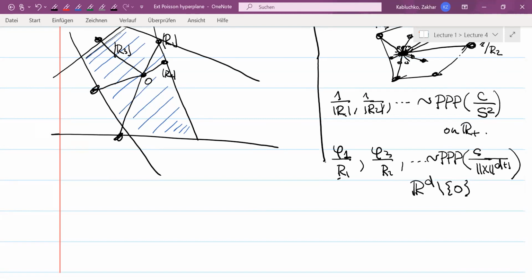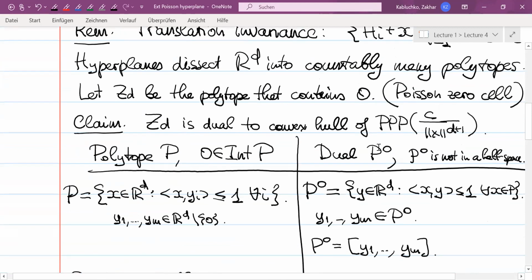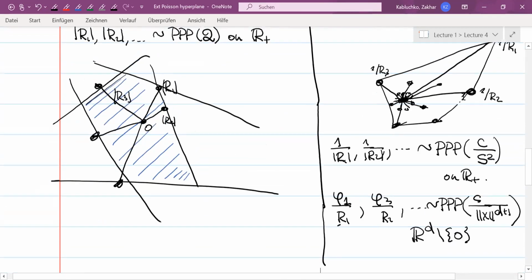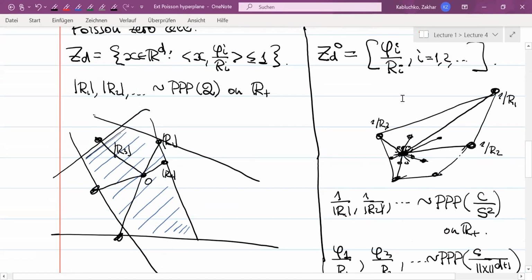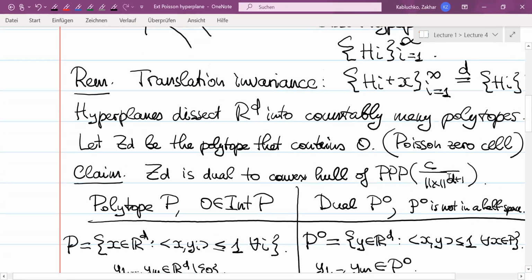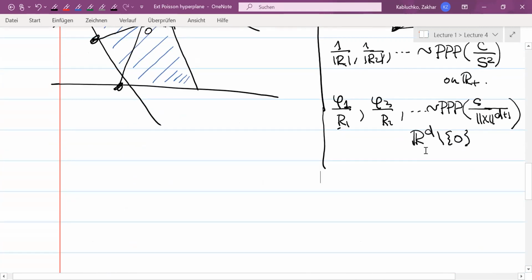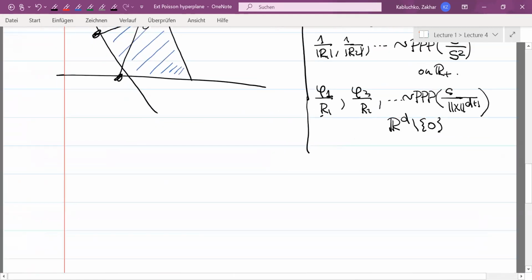So these points form again the Poisson process with this intensity. And we get that the Poisson zero cell is dual to the convex hull of this point process, which is actually the limit of beta prime polytopes. And now if we are, for example, interested in the expected number of faces of the